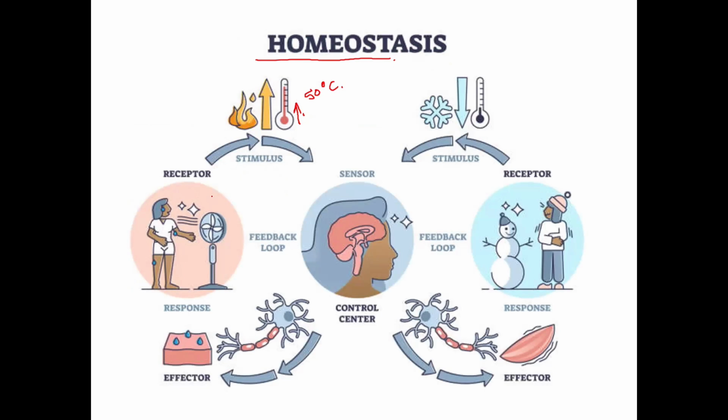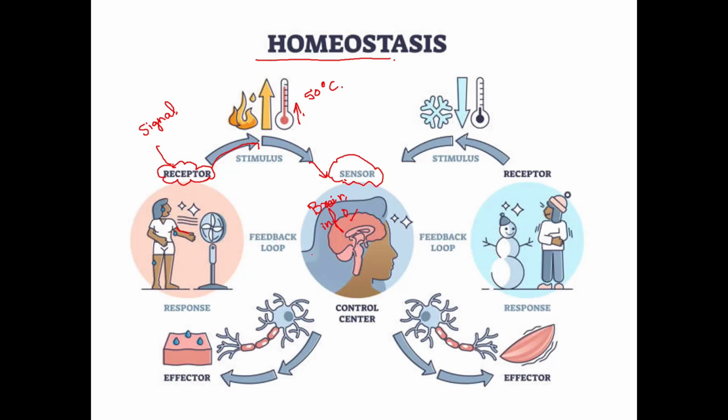It's hot outside. The stimulus is detected by receptors. Receptors are something which receive signals, as we already discussed. Receptors present on the human skin send the stimulus of high temperature to the brain, the sensor part of the human body. These receptors sense the heat and send a message to the control center, which is the brain. Yes, without any doubt, it's the brain, the commanding organ. The brain processes the information